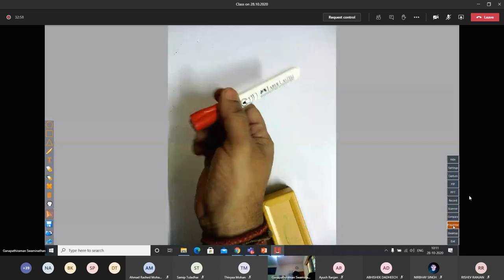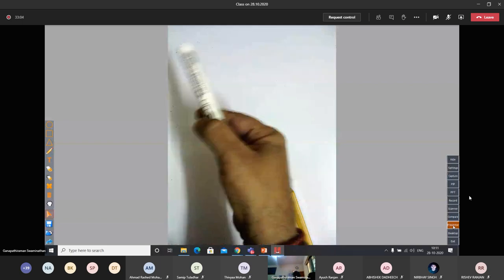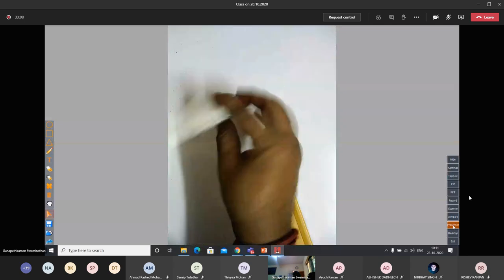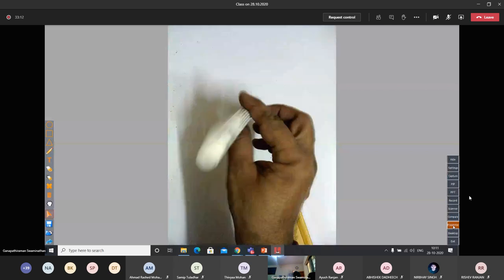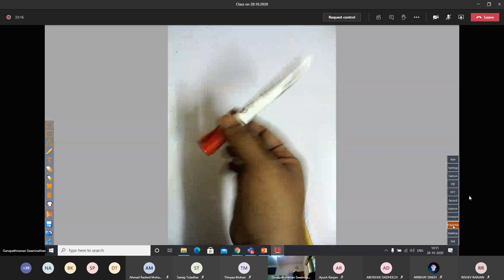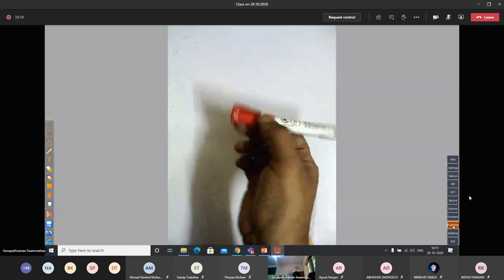So I arrest the horizontal movement. I cannot move this way, but I can move this way. This horizontal movement is called the swing of the telescope. Vertical movement is called the plunging of the telescope. So when I say plunge the telescope, this is the vertical movement. Swing of the telescope, I can move it horizontally.